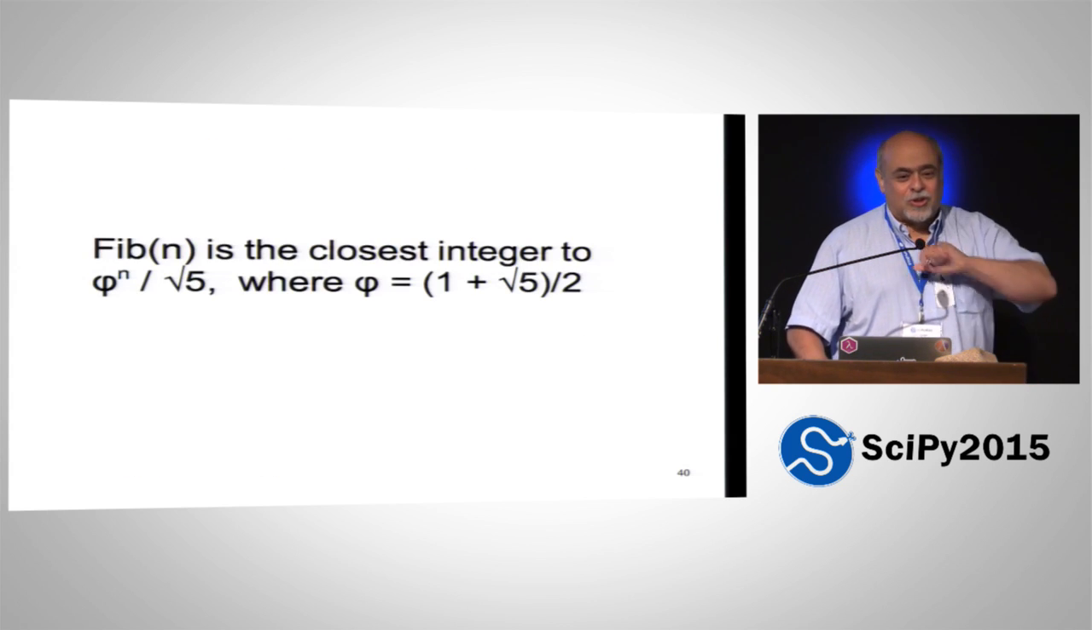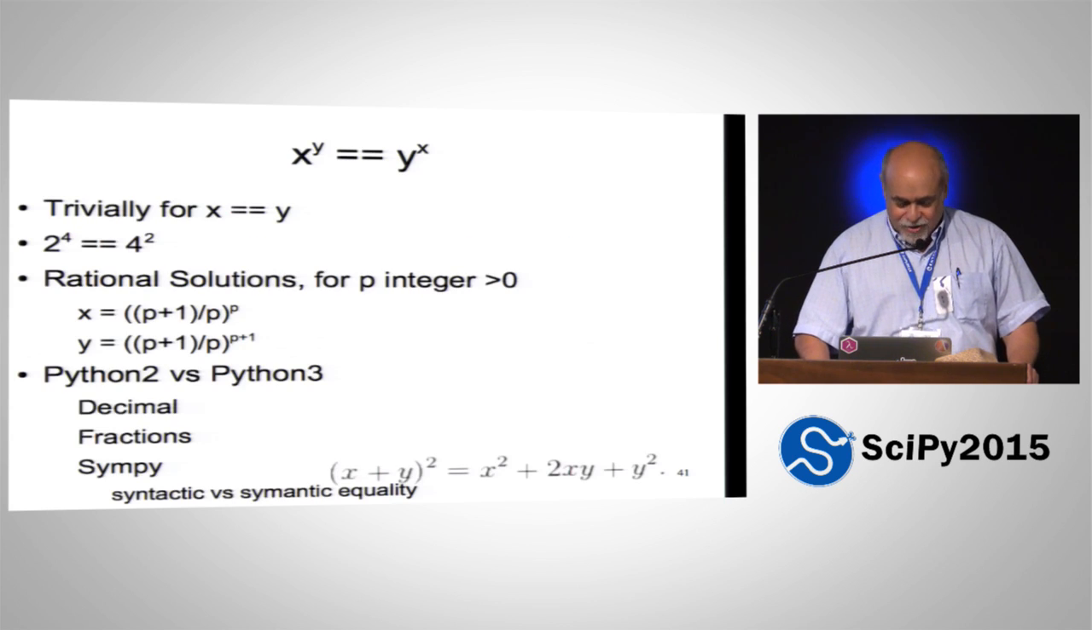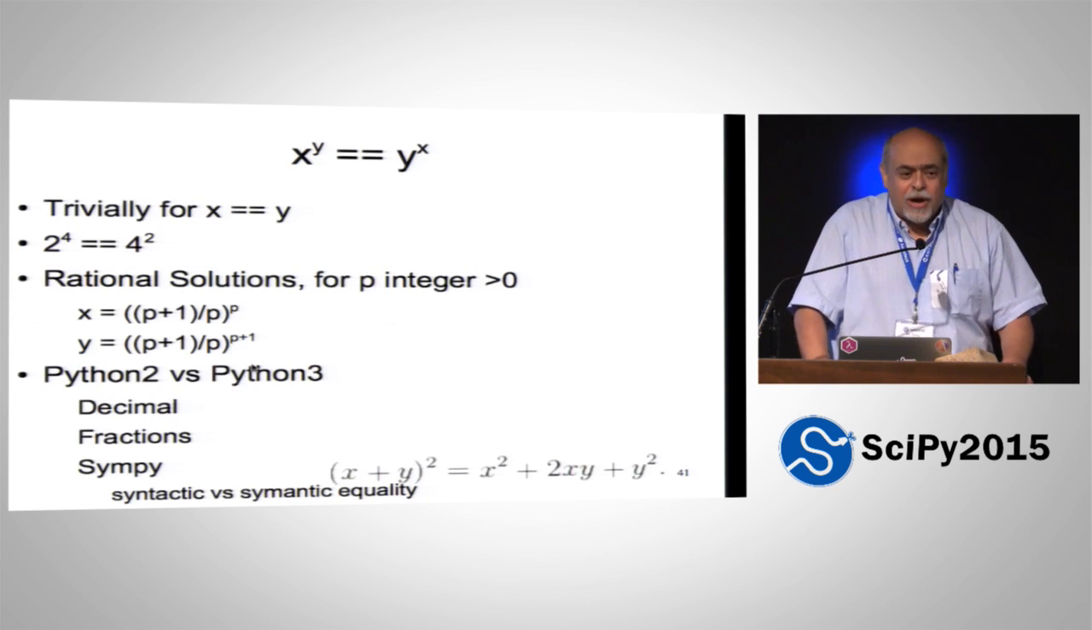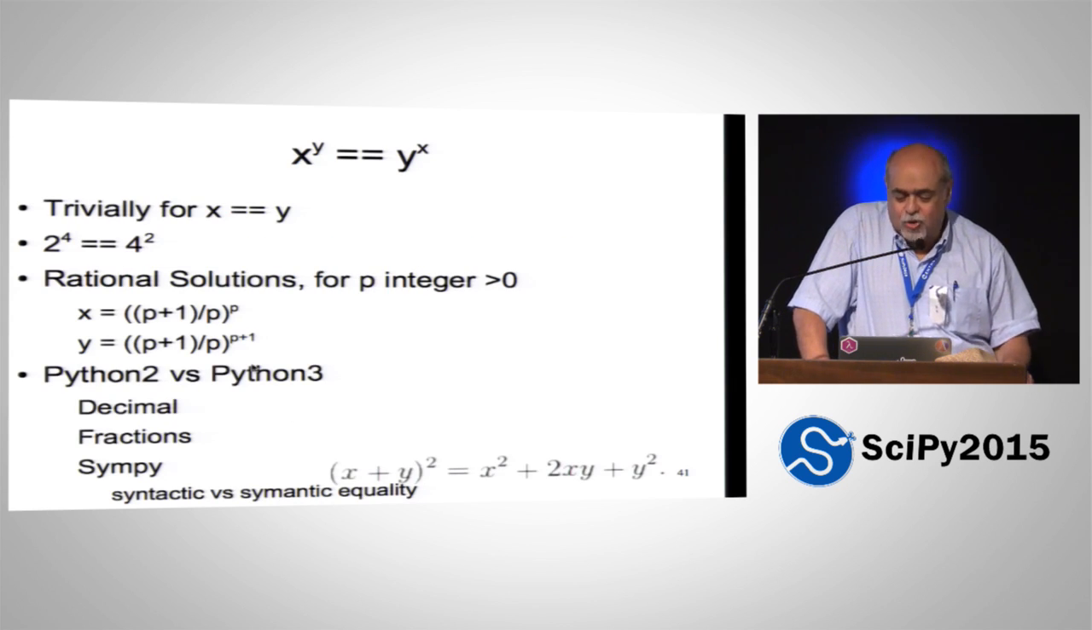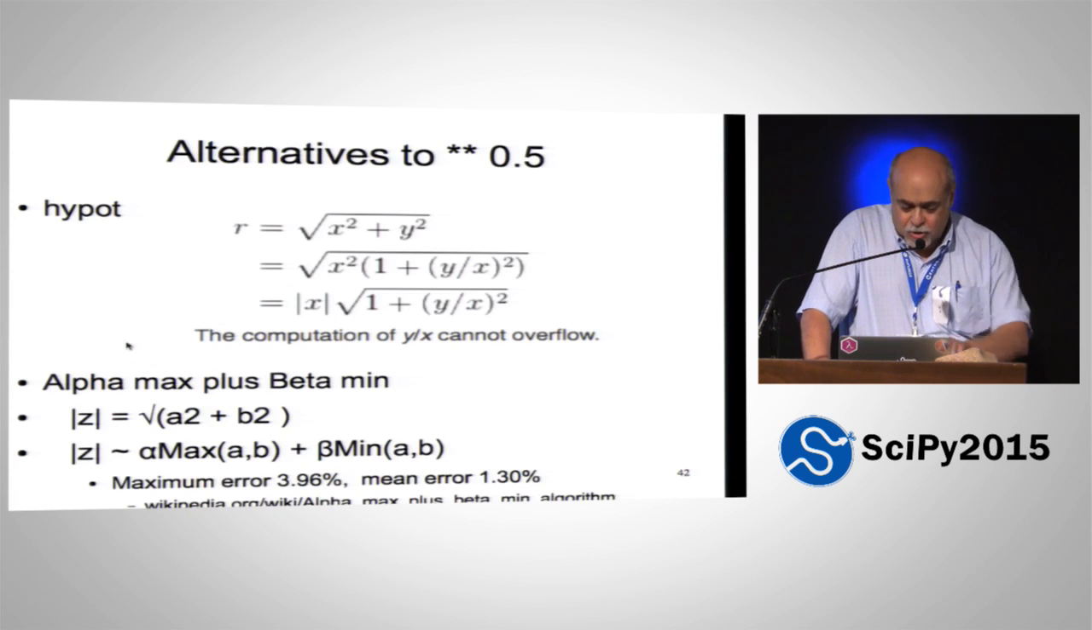Okay, don't do recursion on Fibonacci's. Use a formula. Where's my formula? Here we go. Right there. Use this formula right there. Okay. Trying to solve this problem, x to the y equal y to the x. It has some rational solutions. I'm going to just skip. Here's